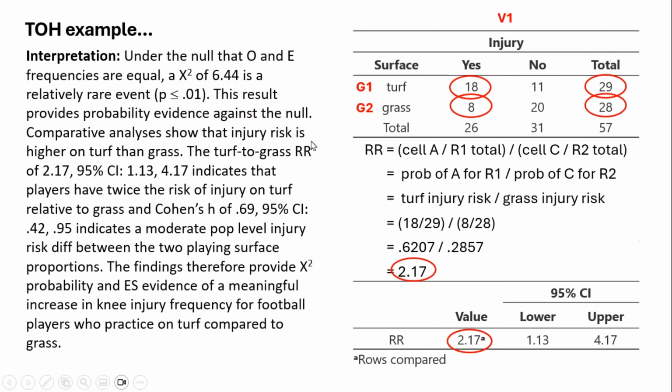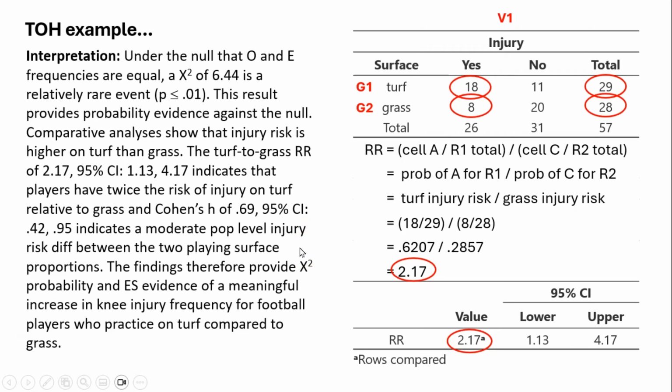Comparative analyses show that injury risk is higher on turf than grass. The turf to grass risk ratio of 2.17, confidence interval 1.13 to 4.17, indicates that players have about twice the risk of injury on turf relative to grass. And Cohen's h is equal to 0.69. Okay, and that's a value that's moderately large for Cohen. The confidence interval there is 0.42 to 0.95. This indicates a moderate population level injury risk difference between the two